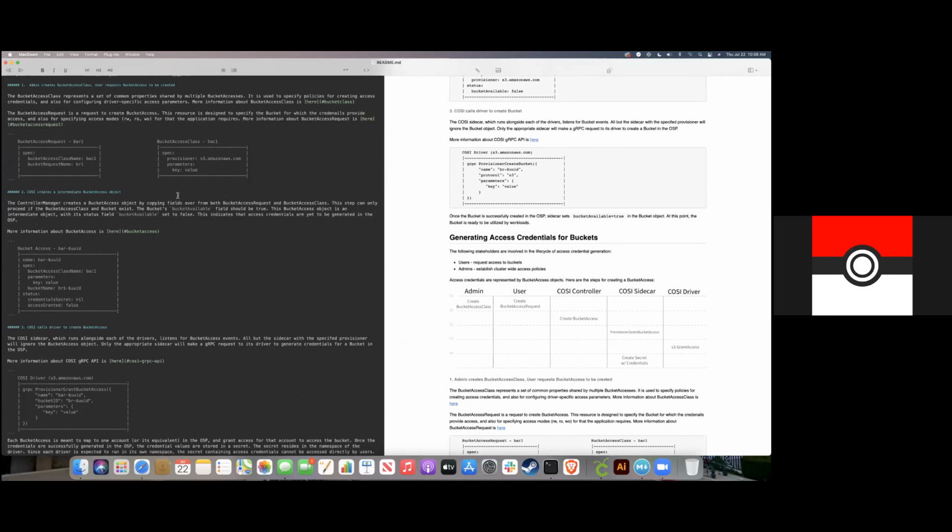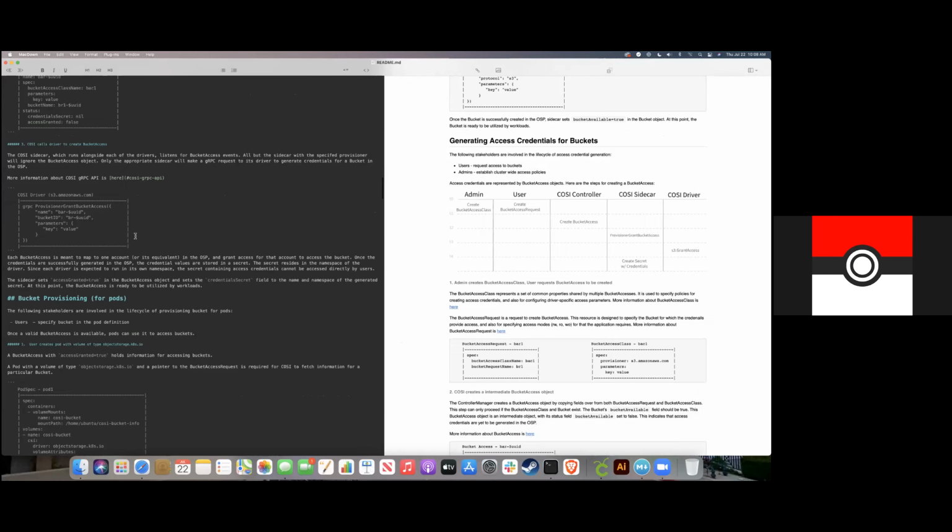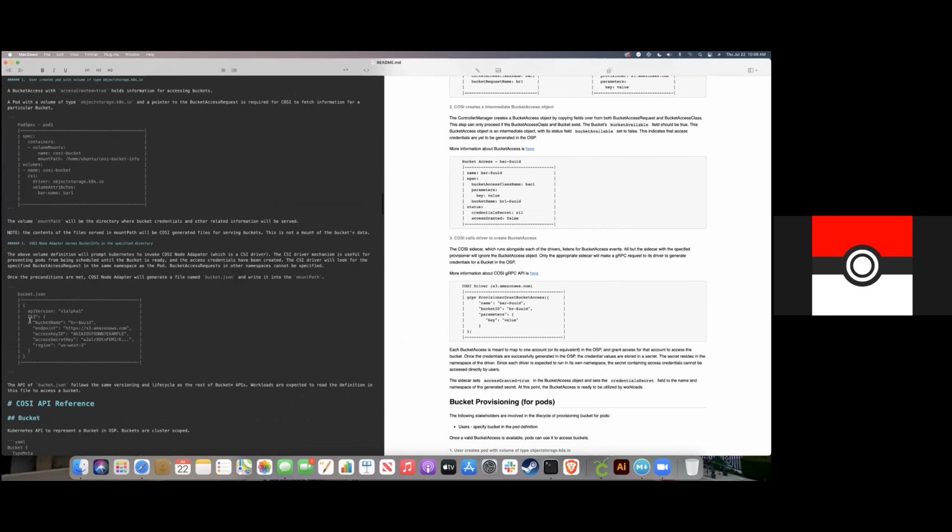I think it was something to do with this structure, which is what goes into the pod. You're talking about the exact contents of the bucket.json file in the downward API.